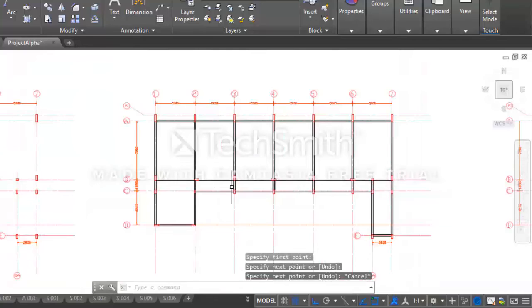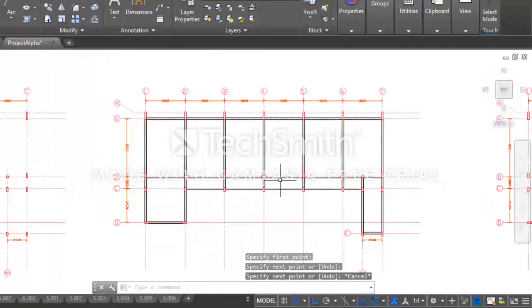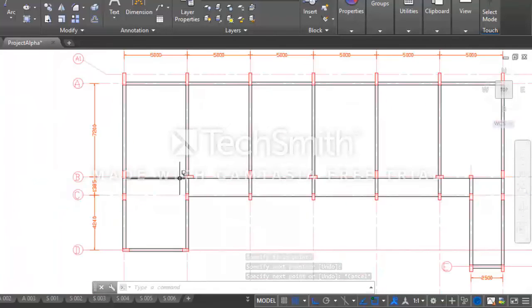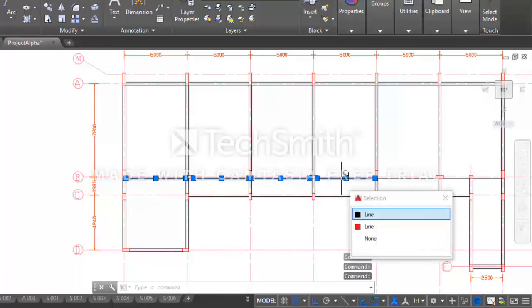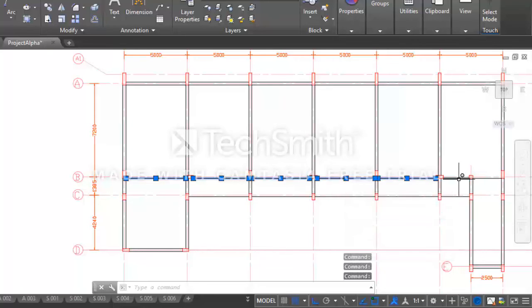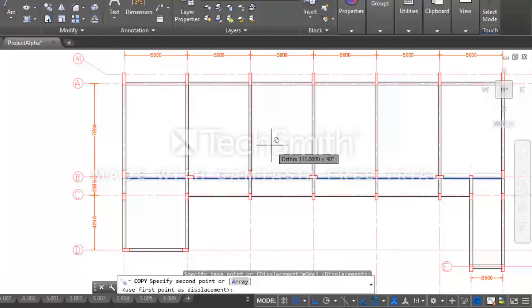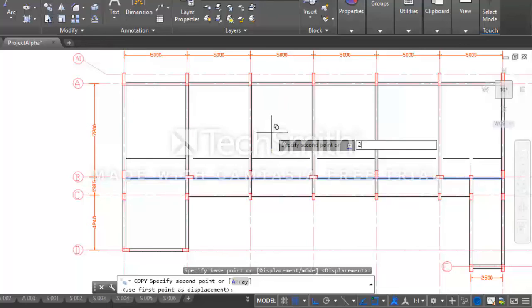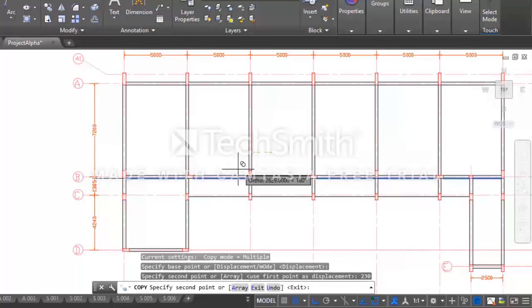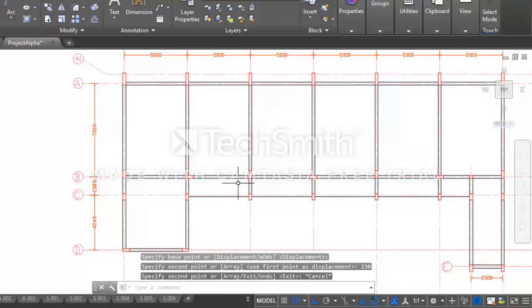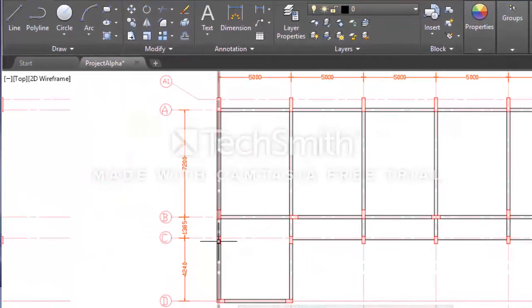So now I will draw the other face of the beam. I will select, and copy it upward, it should be 230 mm upward. So, I think okay. I also want to specify a beam